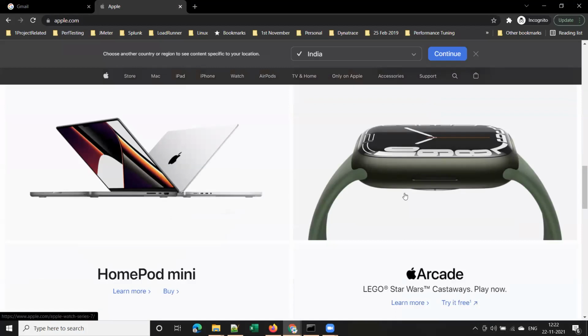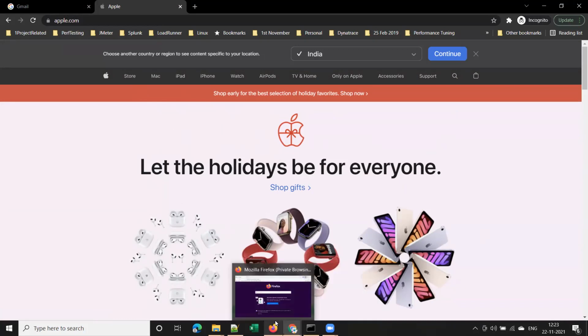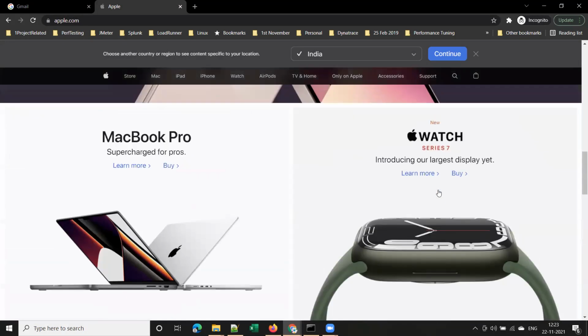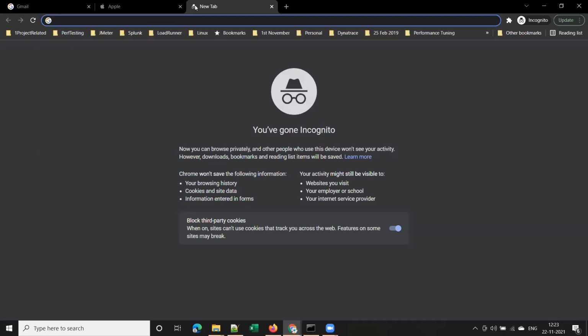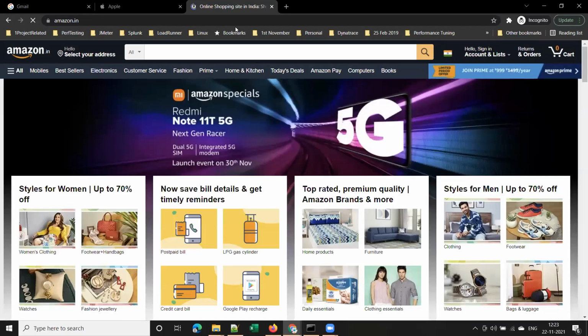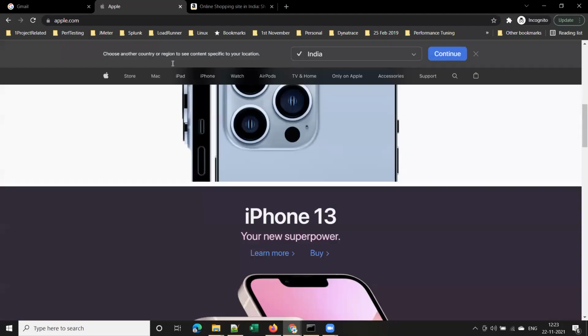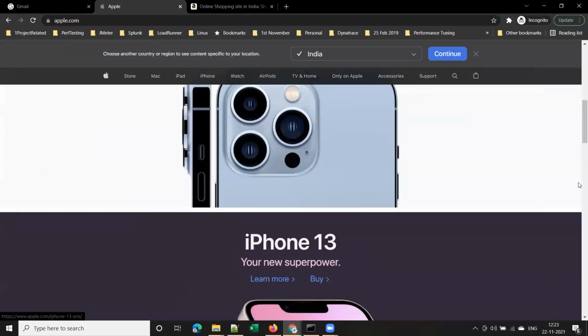of course, I'm on a very good internet connection, and I'm using a latest, good system, so it's loading very fast. But generally, if you use a medium configuration, it will take some time to load this page, as we have some high resolution images. Or if you take Flipkart or Amazon.in, it will take some 1 or 2 seconds to load the page, isn't it, guys? You will have a lot of images in any e-commerce application. In the same way, you have high resolution images here, so it will take some time, right?